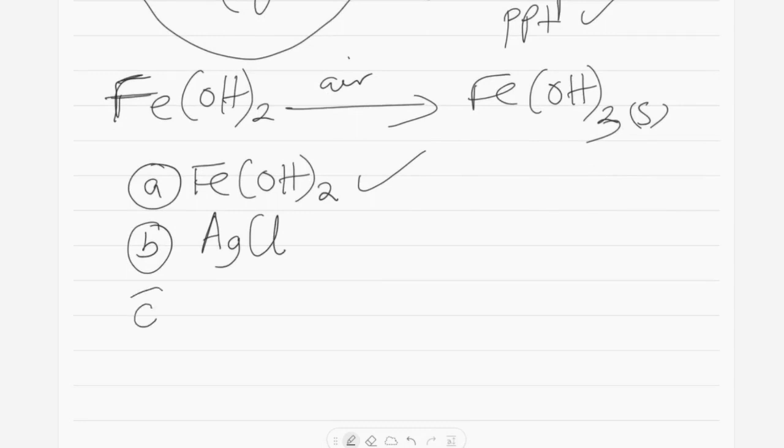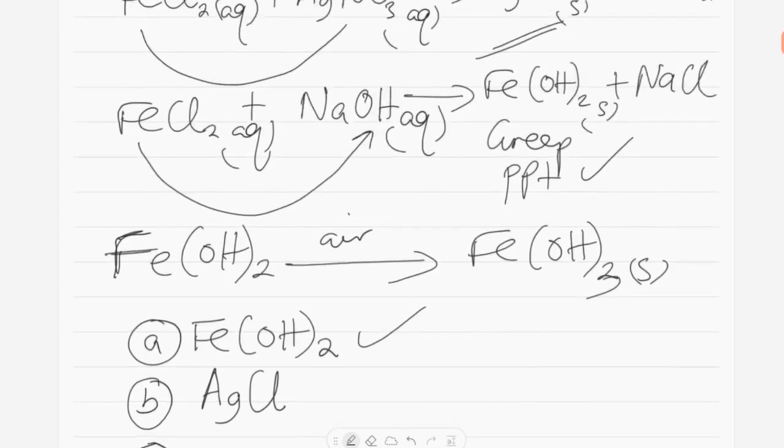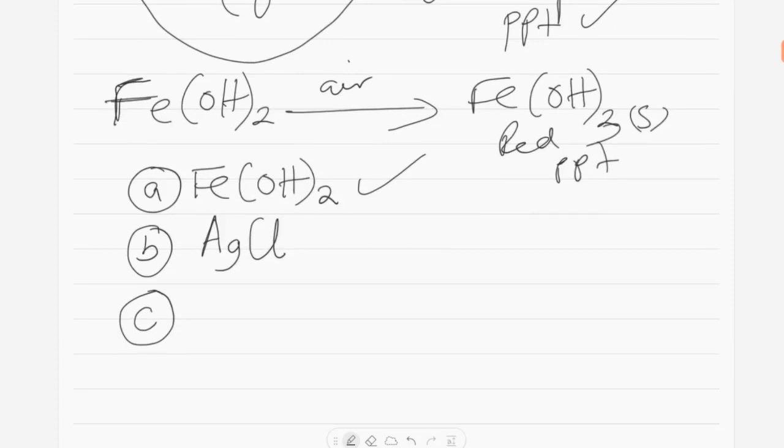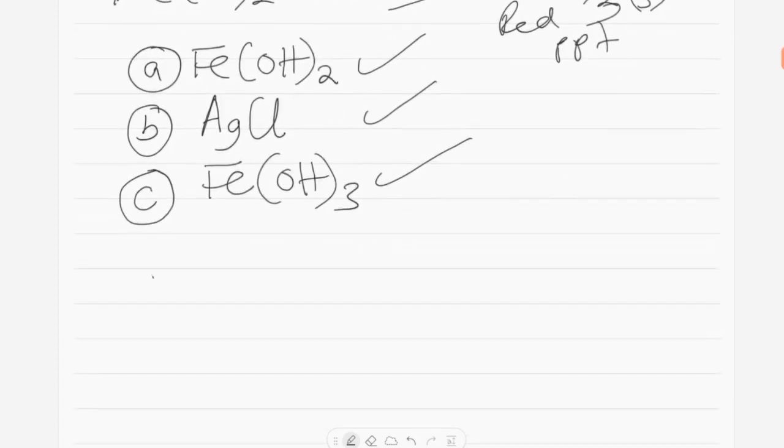C, the red-brown precipitate H. So this one is the red PPT, iron 3 hydroxide. So the red-brown precipitate is iron 3 hydroxide. D,